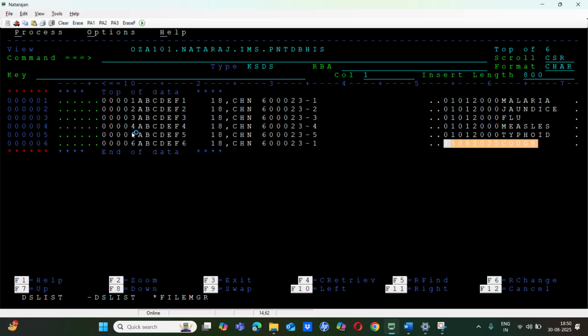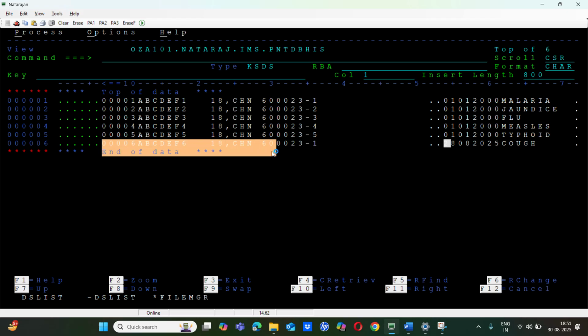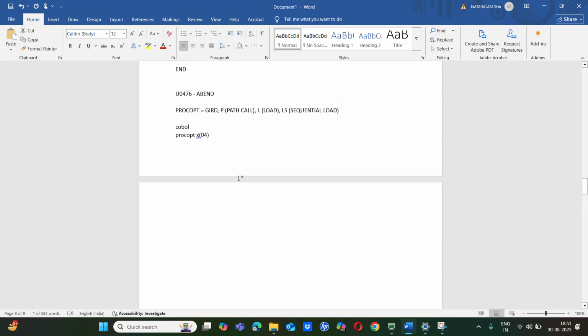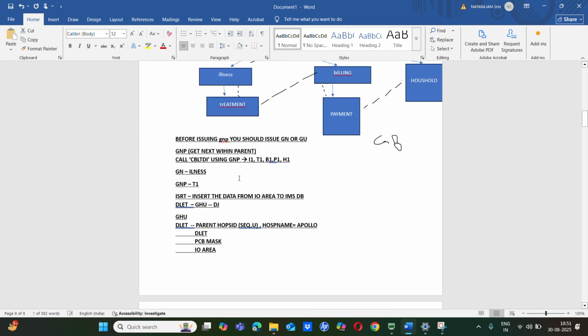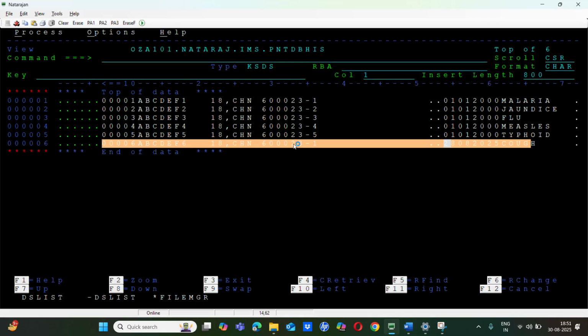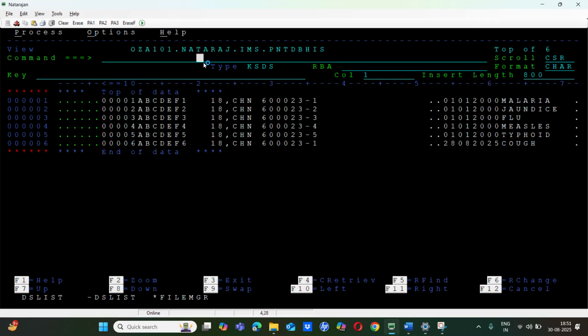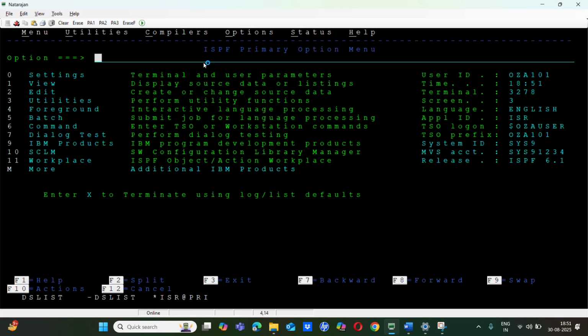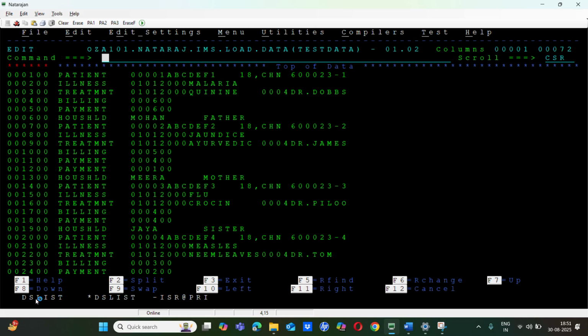And guys, if you are deleting the root segment, its corresponding child segment would be deleted. So if you want to delete the entire thing, it's not like you need to delete the child segment. You just delete the root segment. Once you delete the root segment, all its corresponding children would be deleted. For example, if you want to delete both illness and treatment, just delete the illness. Treatment would go away, as it's dependent on that. Let us see, we'll delete the cough because we have inserted it newly, right? We'll delete the cough. So,